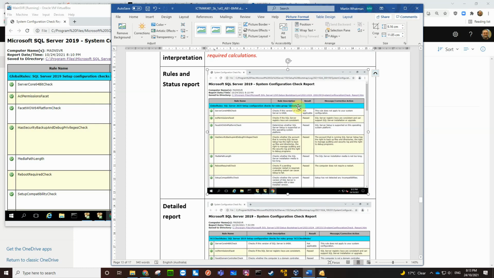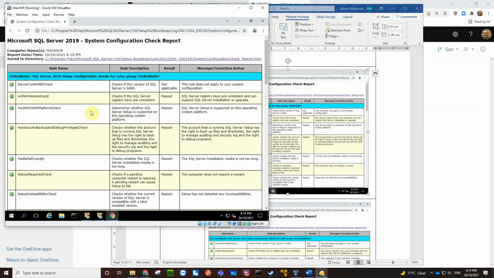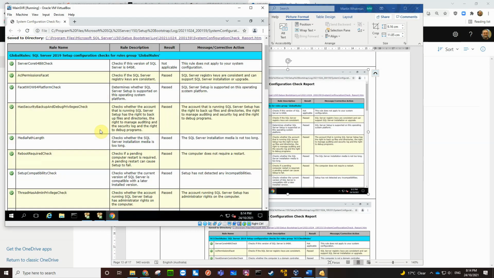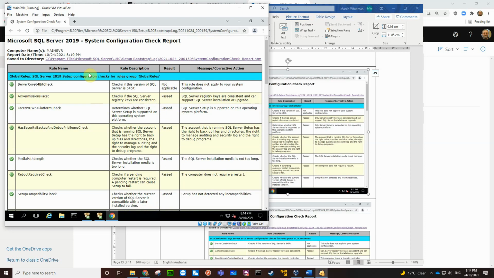Checks for rules groups. It's the same global. Well, it's different. This says global rules, and this says, okay, it's slightly different. You can save this to the directory as a report, and then